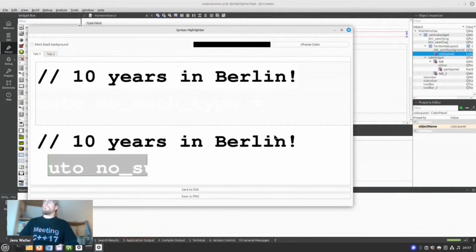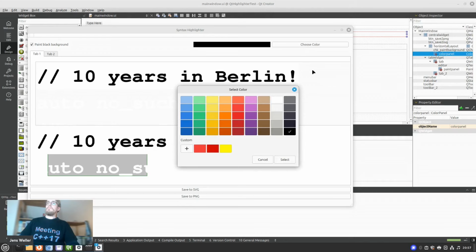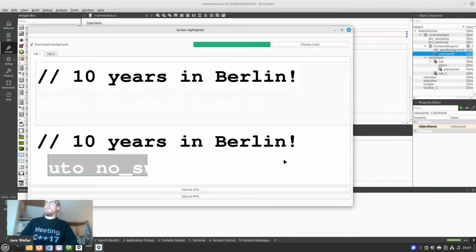Here we are. Let's click on choose color. And now we can choose the color. Let's choose green. And this is the color change. And this is a color panel which we implemented where you can choose your color. And this is for the background color, which I need in some of the future designs for t-shirts,